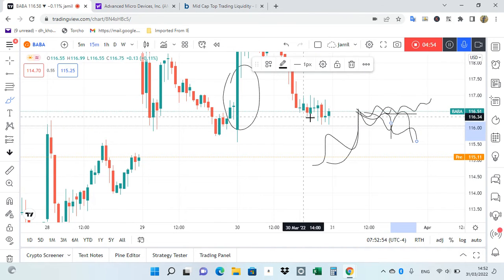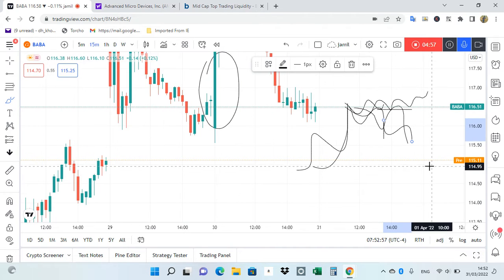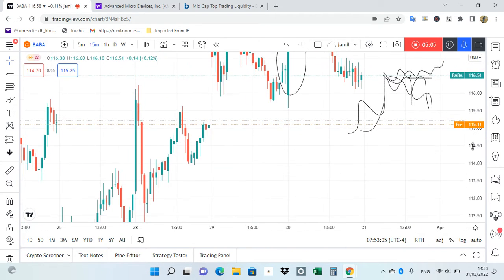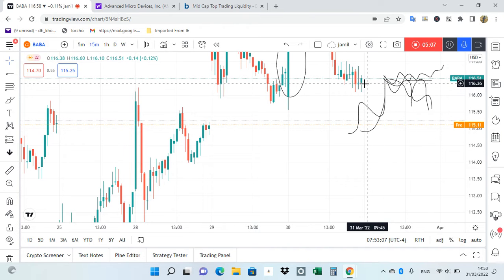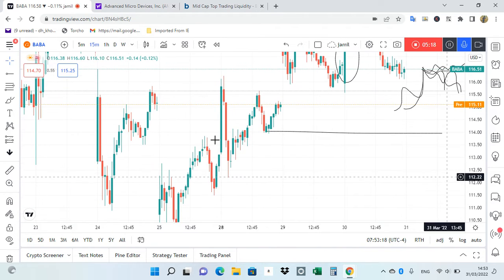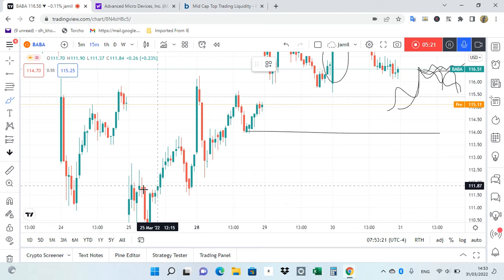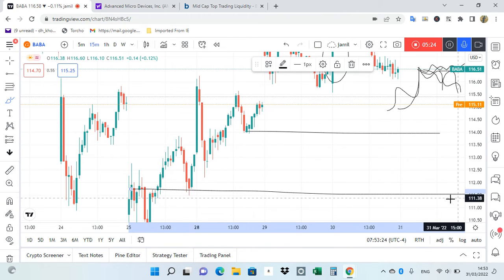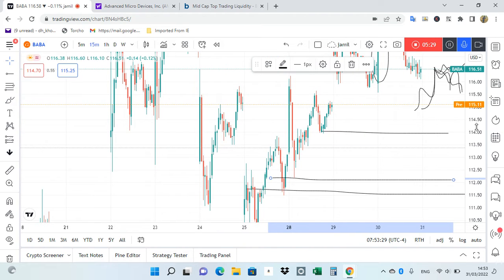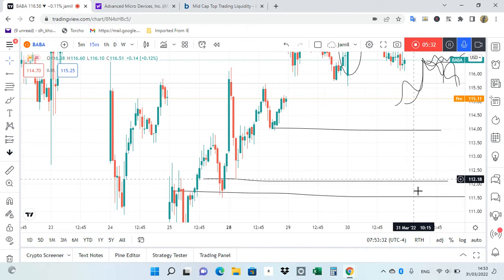We just have to see the 15-minute time frame, which is very important to see the direction of the market. To take a trade, we can switch to the 5 minute time frame, the shorter time frame. And if it gets rejected from here, near the resistance at 116 or 115, the possibility is very high that these levels are going to be taken out. If 114 is taken out today, the next support we see is 112 and 112.50. These are the support for the market, but we don't wait for this much longer.